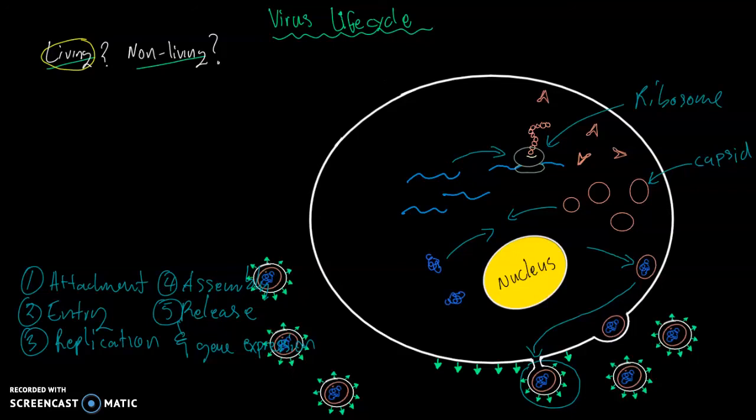So to summarize the video, we learned that viruses are considered non-living, and one of the reasons is that they don't have the resources and the tools in order to reproduce on their own. So we learned that they need a host because the host is where the resources are. And we learned the process and the steps that viruses have to go through in order to get those resources, from attachment through entry, replication and gene expression, assembly, and through release in order for viruses to survive and reproduce.